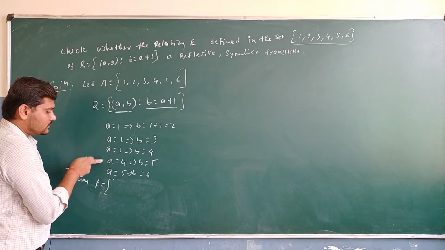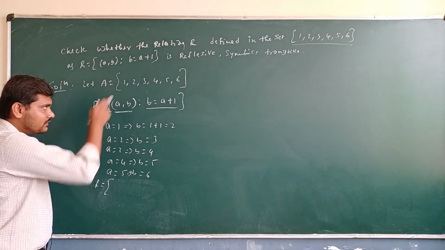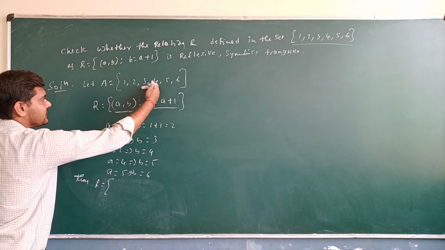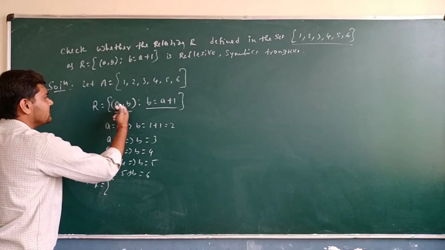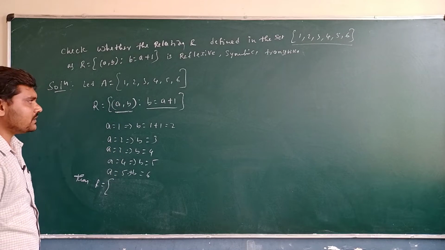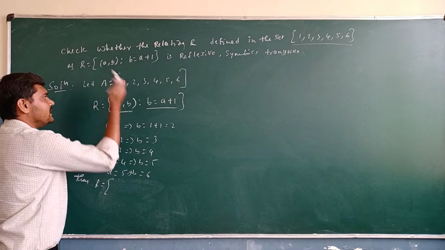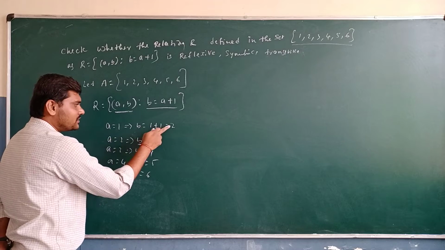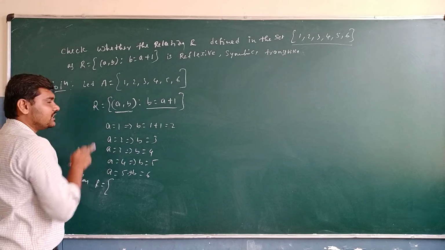So these problems are applied only to form a relation R, because they have given numbers. We need to build a relation by using this set. Using this set I have to build the relation R. The relation is of the form (a, b) where b is equal to a plus 1. To apply that relation, a and b should be in the given set A. So if a is equal to 1, b is equal to 2 comes, because b is also present in the given set, a is also present in the given set A.